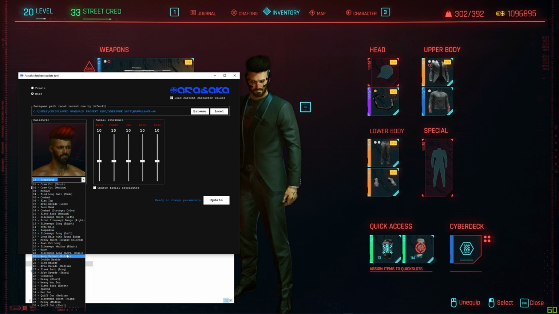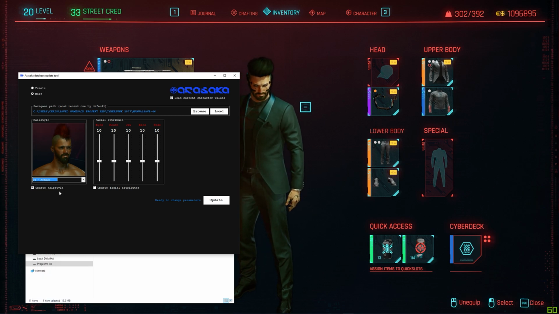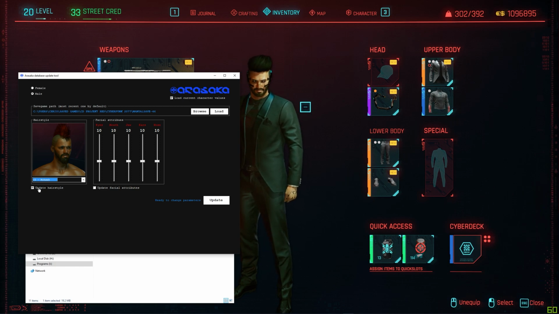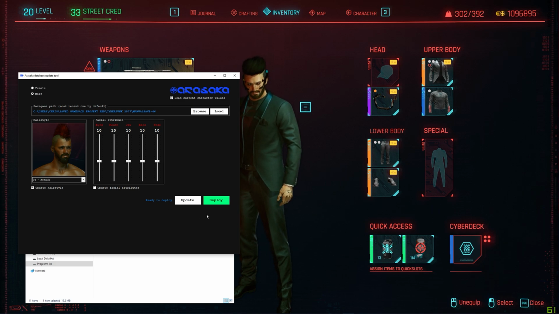So let's just pick another hairstyle here. We'll go for the mohawk again like I did in the last video. Make sure that tick is selected for update hairstyle and go update. It was very quickly done there, and it says it's now ready to deploy, so just click deploy, and then database successfully updated, and we're done. That is literally it. We can come back into game,